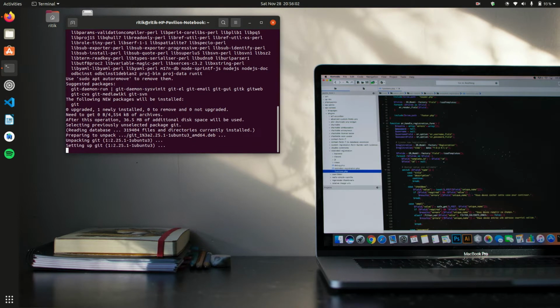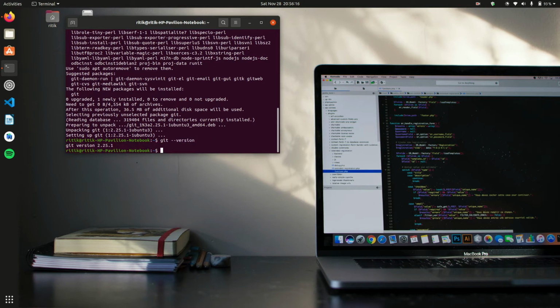So as our installation is going, now we are done with the installation. So now let's check the version that we have installed using git --version. So we just have